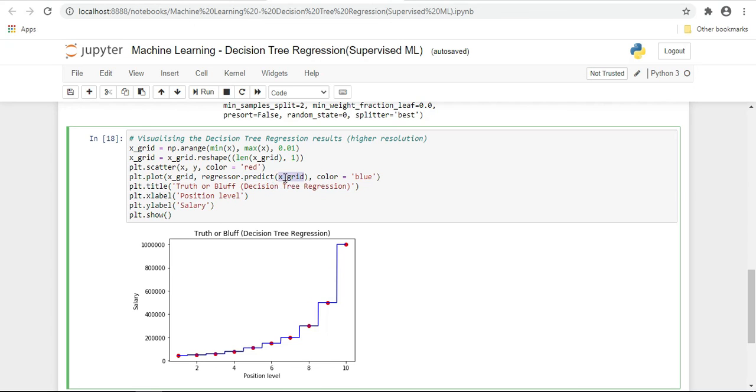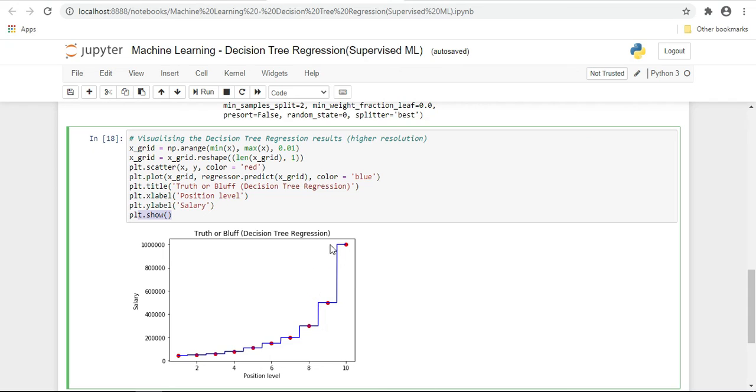So this x_grid is treated as the x axis, this is treated as the y axis, and this is the color blue. This is our title, our x label, the position label, and the y label, the salary. This is our title, and this is our plot, plt.show.